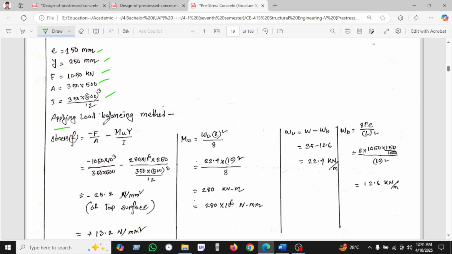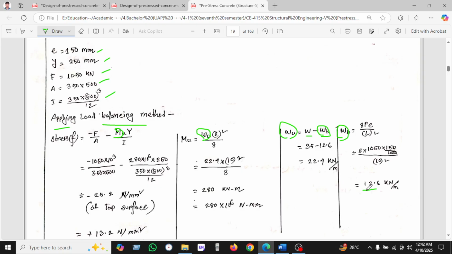For applying the balancing method, we are using this formula, and this is important: how we calculate the M. We know M is W L squared by 8, but W is the W ultimate. So I will calculate W ultimate. W ultimate is total W minus W balancing. So I will calculate W balancing. W balancing is 8 F E divided by L squared, and we found 12.6